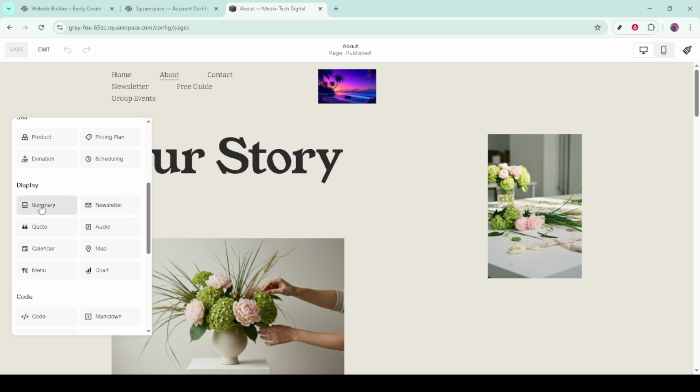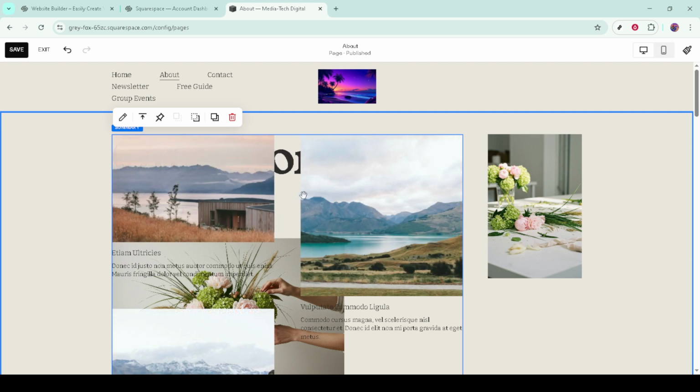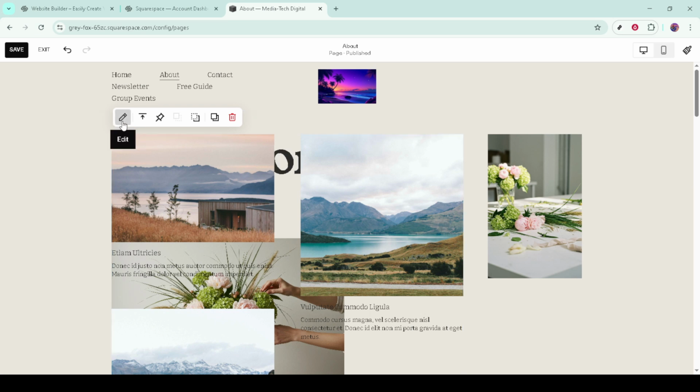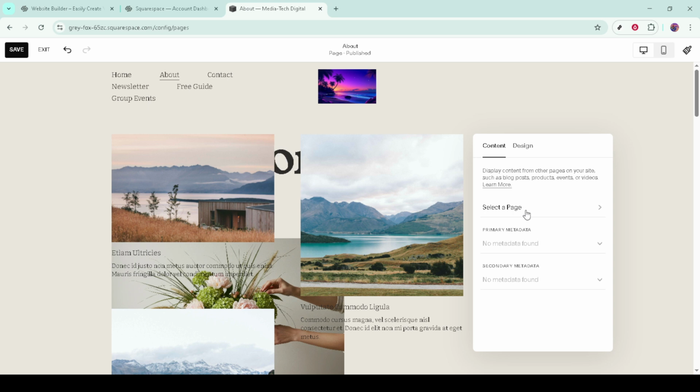Next, open the blocks editor by double-clicking the summary block, or by clicking it once and selecting the pencil icon. You'll see two main areas to work with: content and design. In the Content tab, confirm your source collection, then fine-tune what appears. You can limit the number of items shown, filter by categories or tags, and choose the sort order, like newest